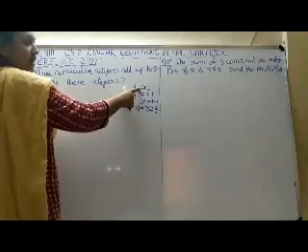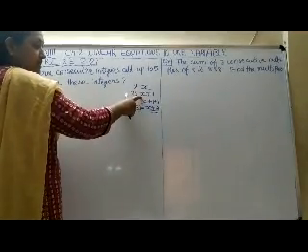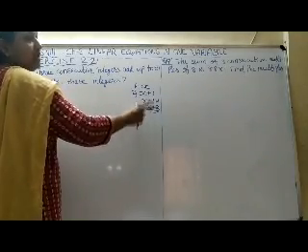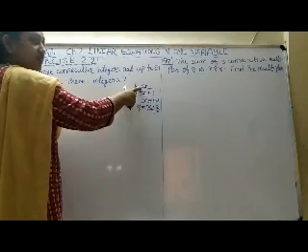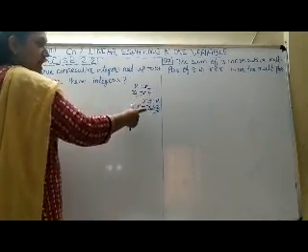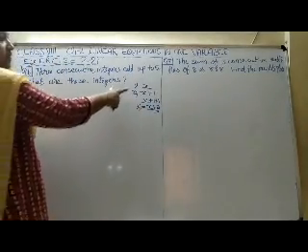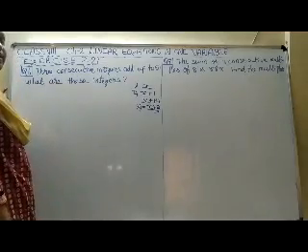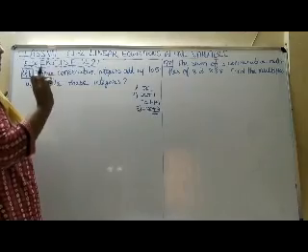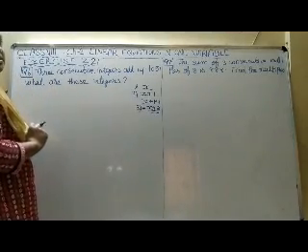If we give the value of x as 1, we get the next integer as 2 and the third integer as 3. Suppose I give x as 50, the second integer will be 50 plus 1, 51, and the third integer will be 50 plus 2, 52. This is the way you have to take continuous integers. And it is given in the question that if we add these three integers, we get 51 as the result.